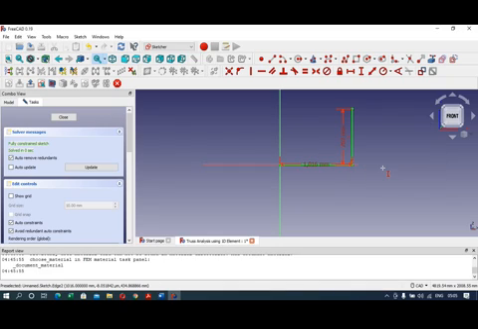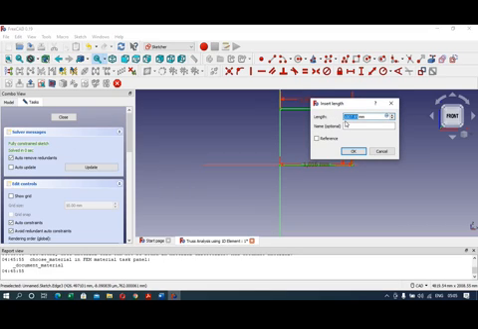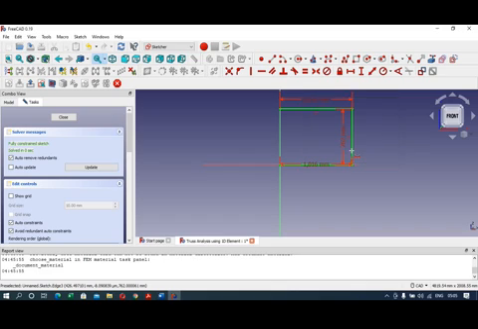Click on this. Then again I will click on create line. Again the horizontal distance constraint. Here I will enter the value 1016 mm.